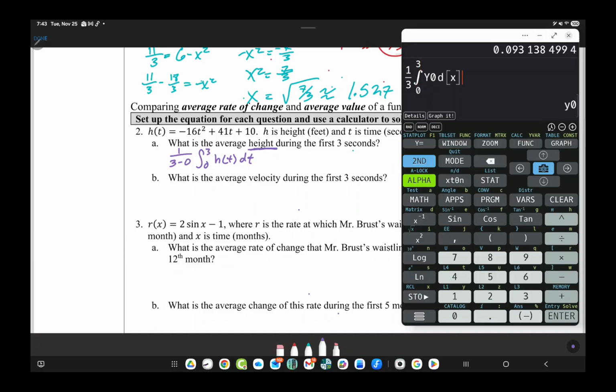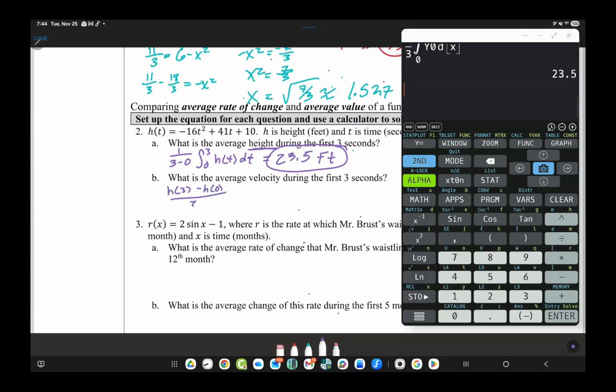Okay. So we get 23.5. Now this is average height, and then height is measured in feet, so 23.5 feet. Okay. Now, the question asks, what is the average velocity during this? Now, average velocity is just slope. Okay, the average velocity is just slope. So that is h of 3 minus h of 0 over 3 minus 0, which is the reason why I wanted to point out that you can do that